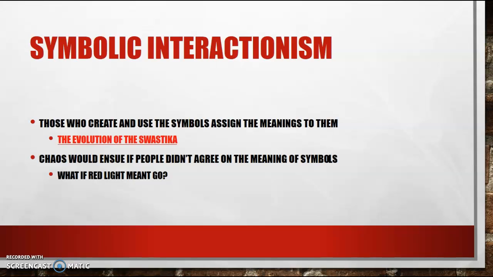What's important with symbols is that symbols are meaningless except to those who create and use the symbols. All right. The book used the example of whistling. I'm going to use the example of the evolution of the swastika. It used to mean hope and peace and things like that, but it evolved because a group like the Nazis took it over. They made it represent something else. And now the entire world sees the swastika as a symbol of hate and discrimination and genocide and everything that's wrong with